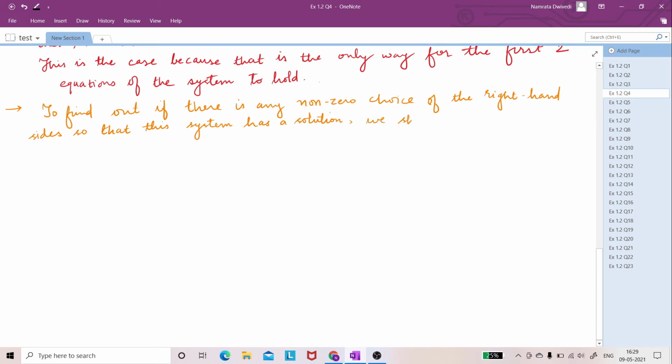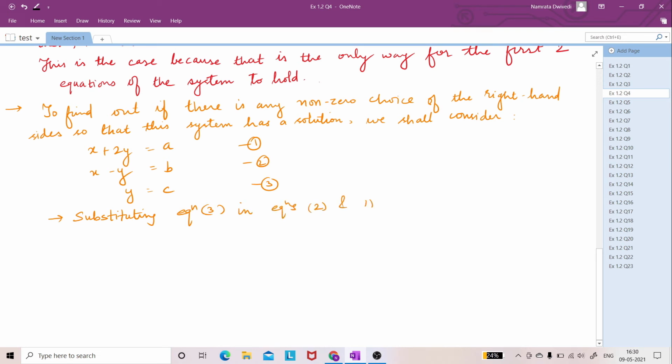So we shall consider x plus 2y is equal to some value a, x minus y is some value b, and y is equal to c. So these are our equations. We have to find what can be the value of a, b, and c so as to infer that this system has a solution. So what we'll do is we'll substitute 3 in 2 and 1. So substituting equation 3 in equation 2 and 1, we get,